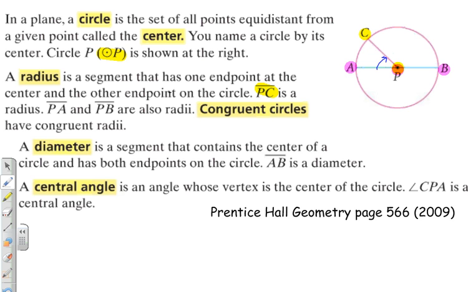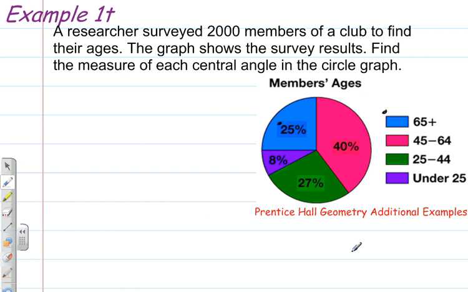Our next example, the first example, Example 1, is dealing with central angles and central angle measures. Here we have a pie chart. Example 1 reads, a researcher surveyed 2,000 members of a club to find their ages. The graph shows the survey results. Find the measure of each central angle in the circle graph. So, pretty simple thing to do. What you need to know is that the